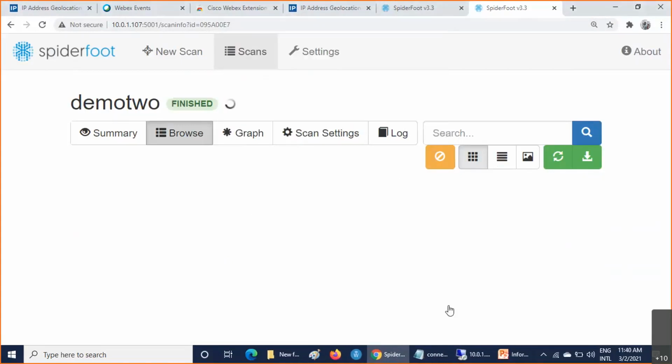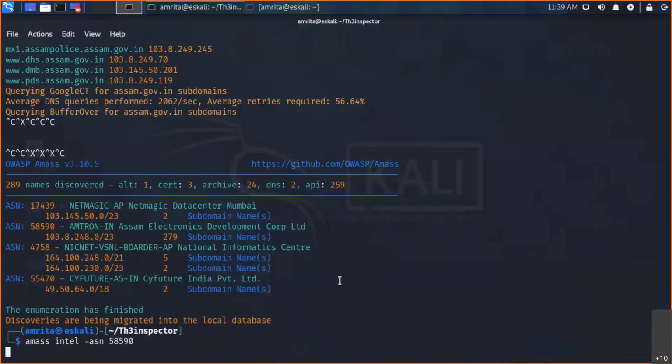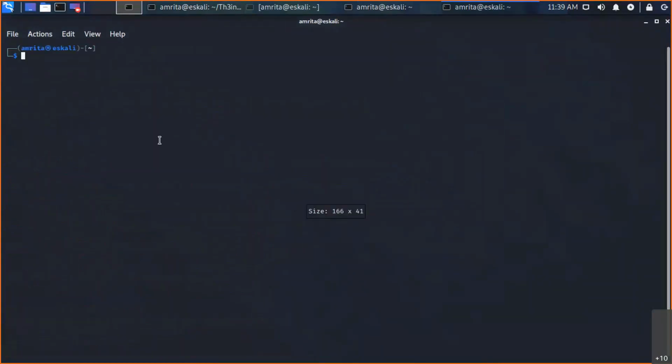Well, we are actually running out of time. It is taking time, so I will come to this part later. The scan is still running, so there are a lot of ISPs. So now let us show the information regarding the scan. So this is the information you have got from your public domain.